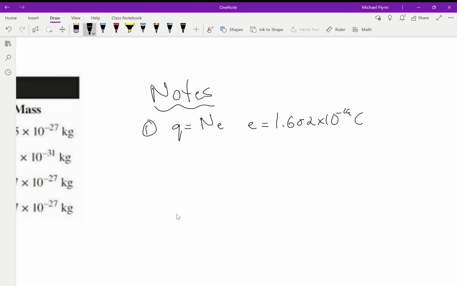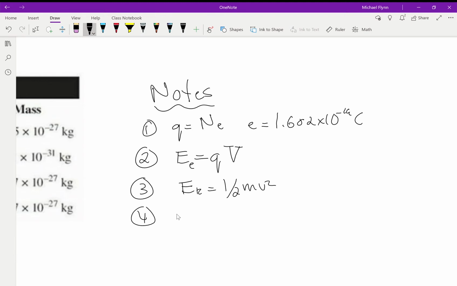Number two, what else have we learned? We have learned that energy equals Q times voltage. Okay, so that's the relationship between energy and voltage. Number three, we have learned in the past that kinetic energy is equal to 1/2 mv squared, and that comes up often. Basically these are the little tools that you'll be using. Number four, actually I'll write one more,